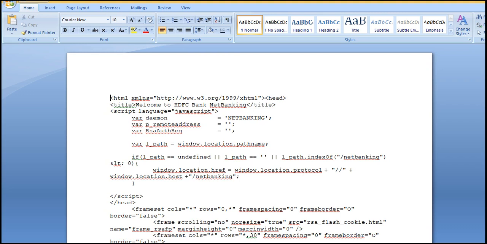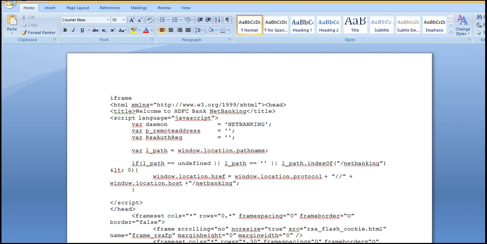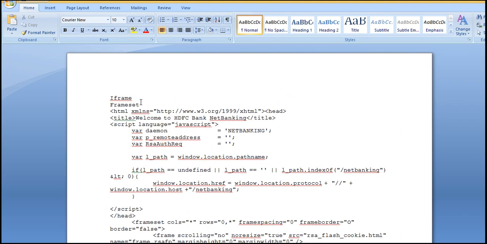One is iframe or frameset. So the developer uses any one of these two tags to write the code of frames, and he will embed into these tags. If you find any of these tags in the source code, you can come to a basic conclusion that there is something in the code which is on frames.